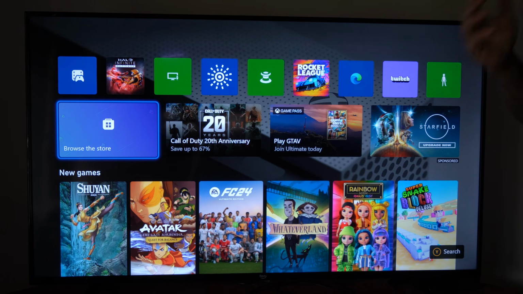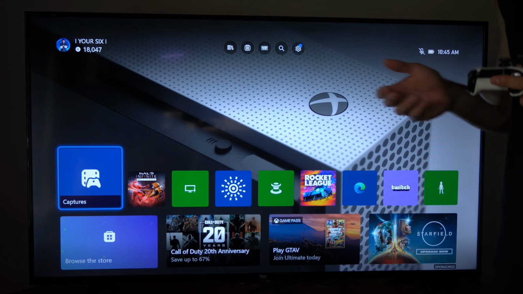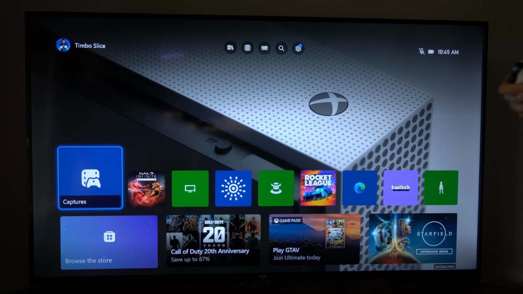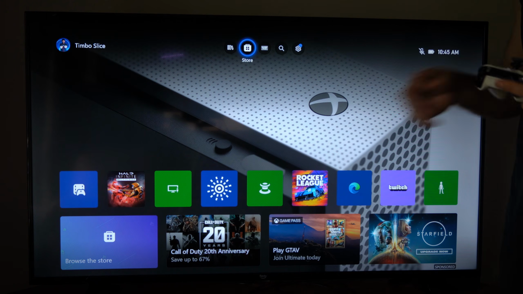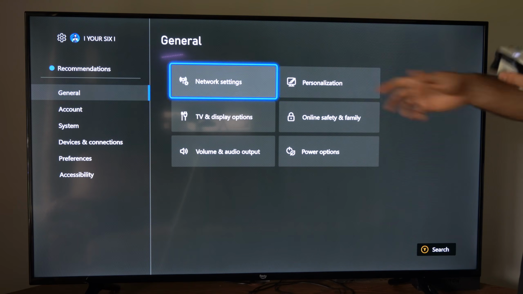Today in this video, I'm going to show you how to share Game Pass with another account on your Xbox One, or maybe someone else who's your friend or a family member. And this is very easy to do. Now on the home screen here, let's go up to the top, and then go to General, and go to